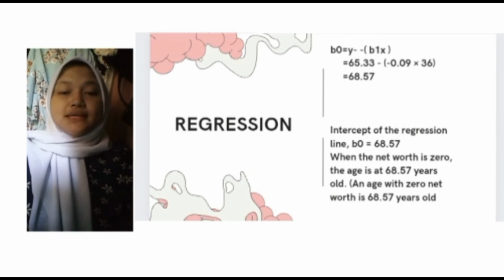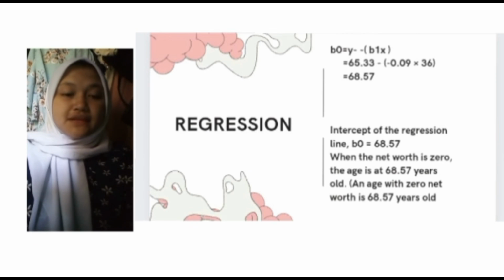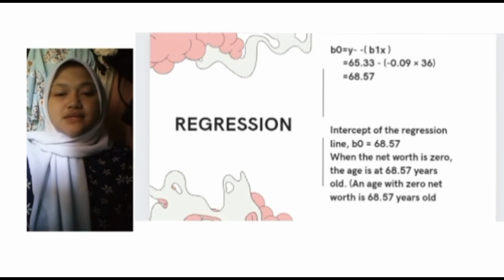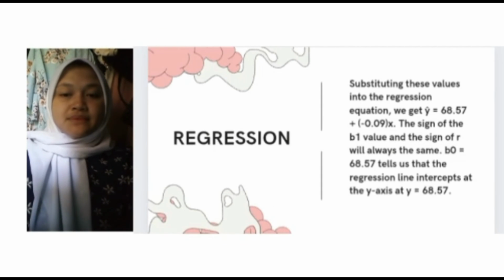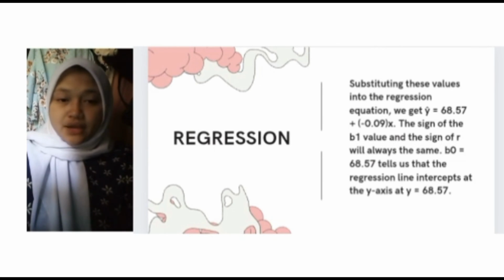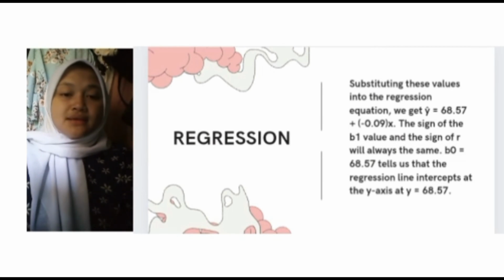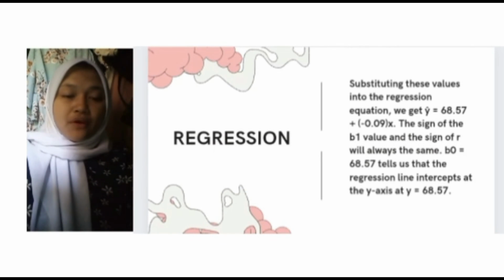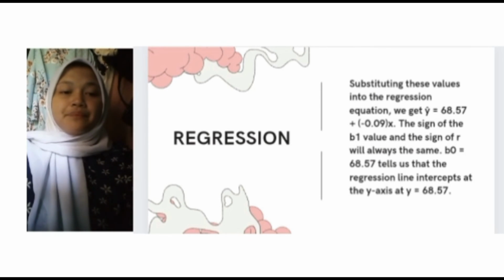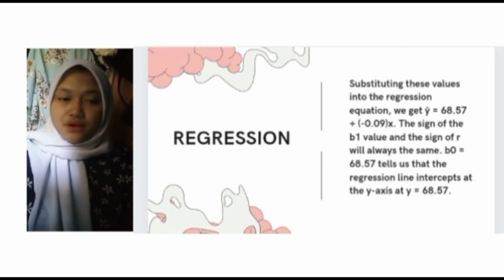When the net worth is 0, the age is 68.57 years old. Substituting these values into the regression equation, we get y equals 68.57 plus negative 0.09x. The size of the b1 value and the size